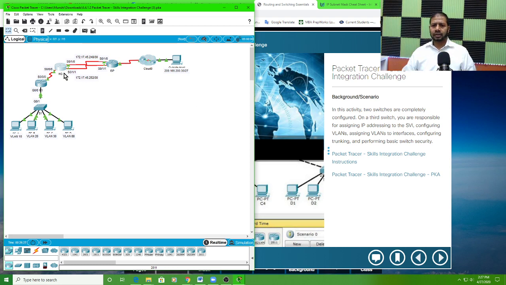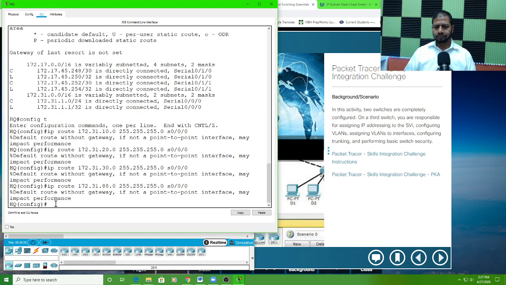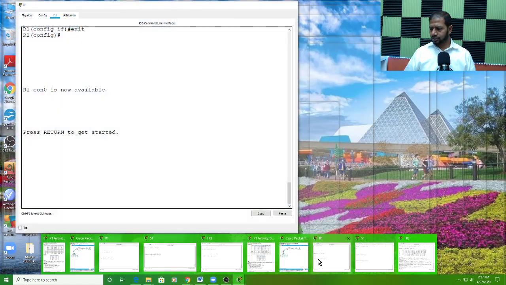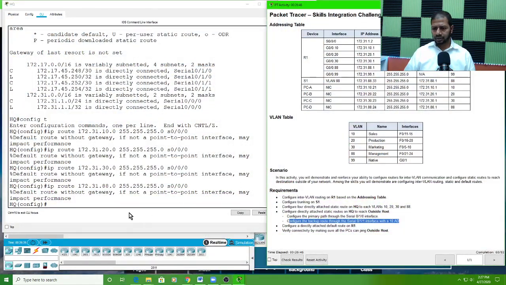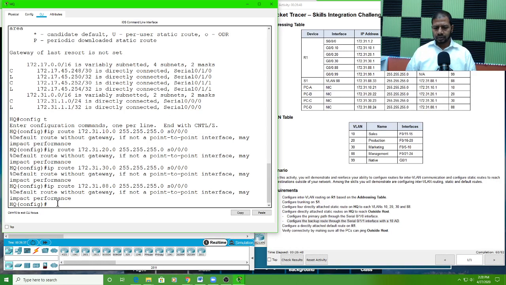Here. I'm going to go to the HQ again. So, and my instruction should be right here. Okay. So I'm going to type IP route. What is the network address? The network address is